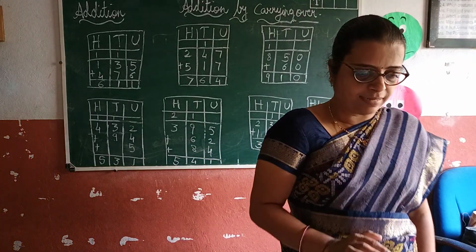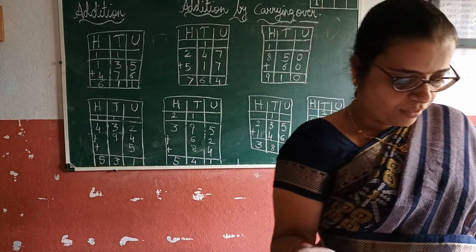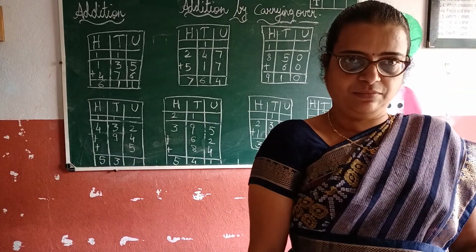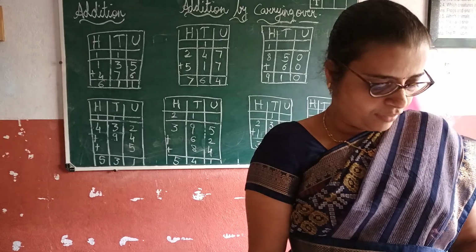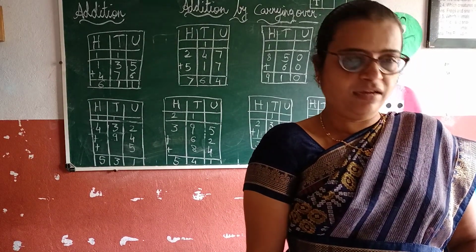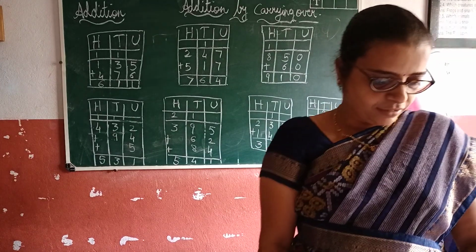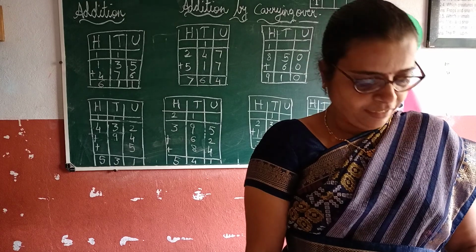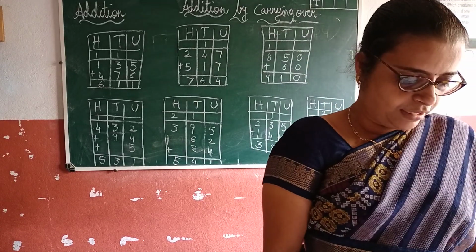Look at the picture and write the number in figure and words. So look here, they are given here 1, 2, 3, 4, 5, 6, 7 black dots. In the triangle they are given how many? 8. 8 tens they are given, and look here, 100, how many given here? 3. So you have to write here 387.